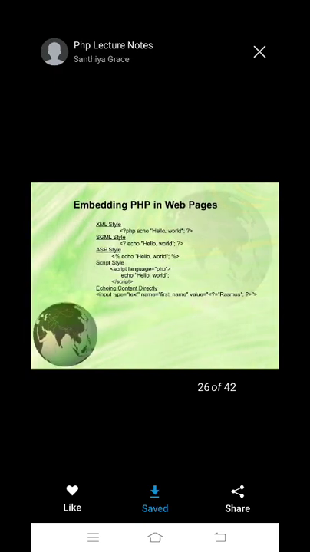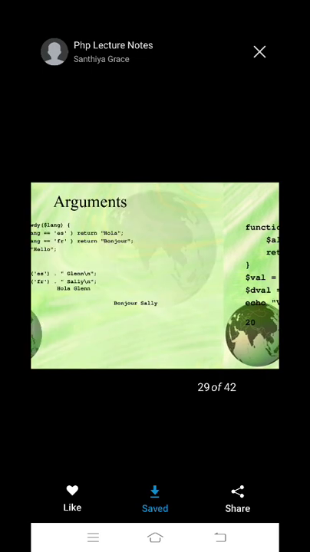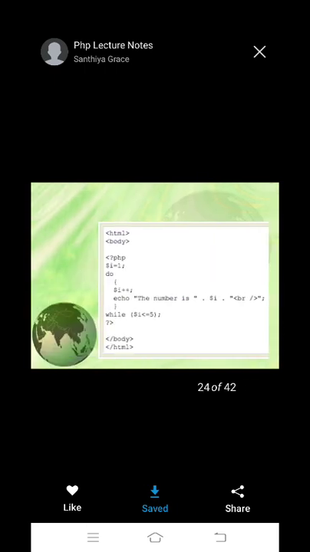Those programs are related to the concepts of loops, arrays, functions, and passing a value into a function or passing a reference into a function. We'll see these in this one class.